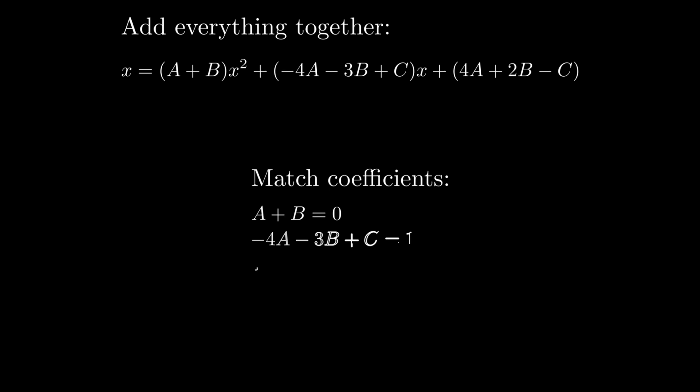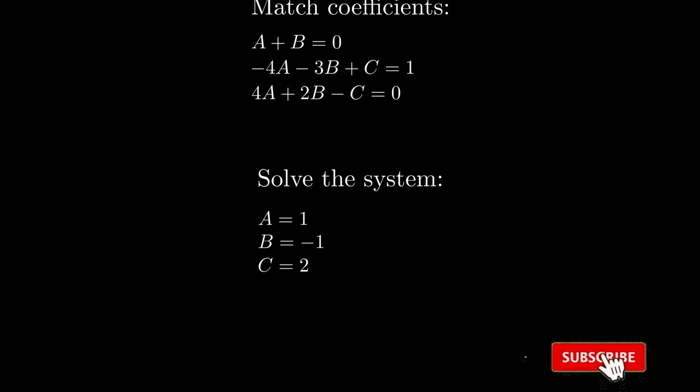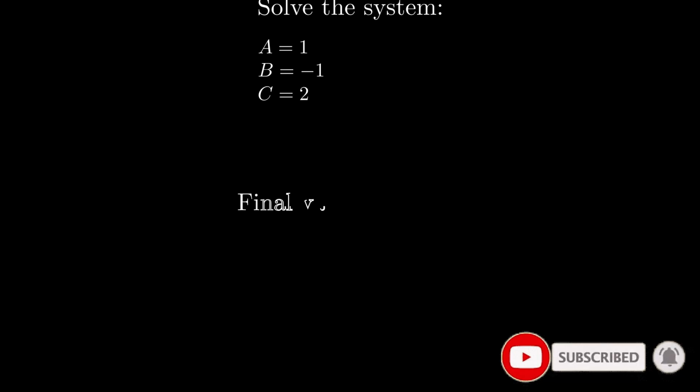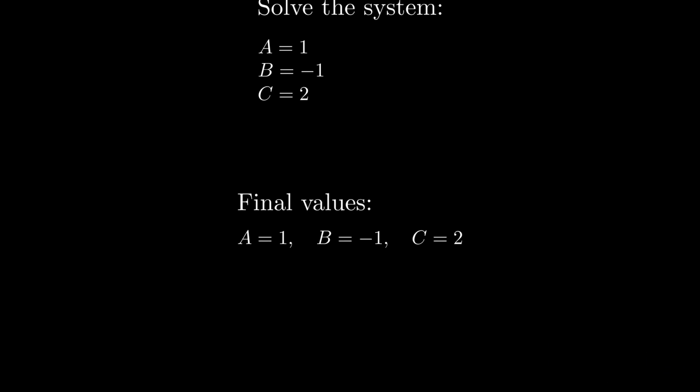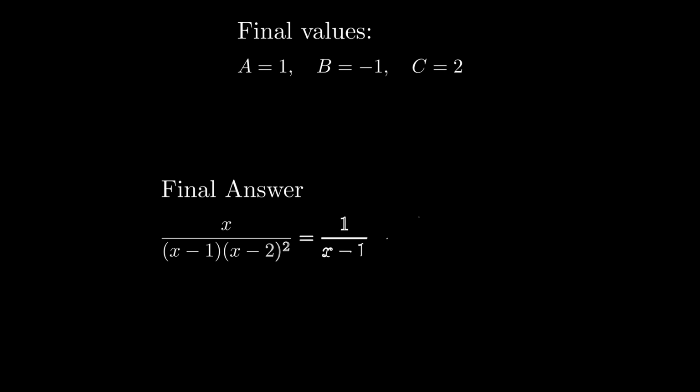We match both sides to form 3 equations. Solving these, we get a equals 1, b equals negative 1, and c equals 2. Here are the final values for a, b, and c. So the final answer is